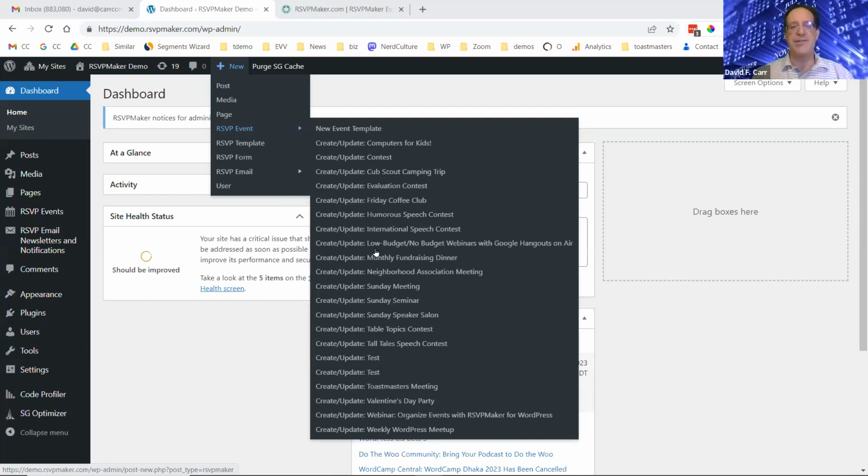And actually, I also have a bunch of templates set up, so I don't start from scratch, maybe we'll use a template here. So it's either going to give me a blank page, or a page based on a template. We'll do the template one.